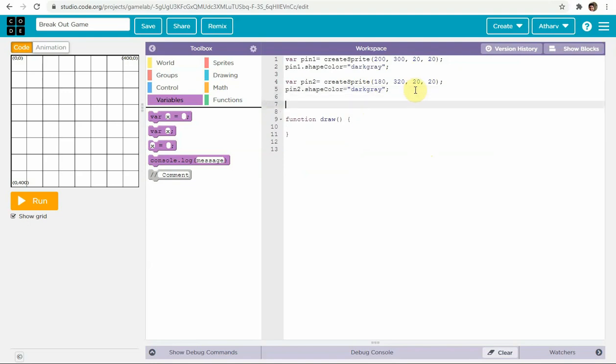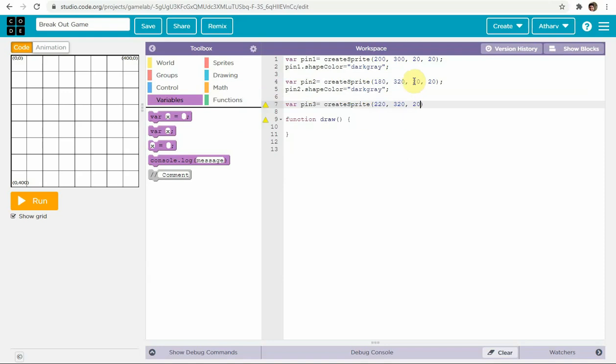Then we'll create the same for pin3. We'll create 6 pins for our game. Create, right. Now its x and y coordinates will be 220 and 320.